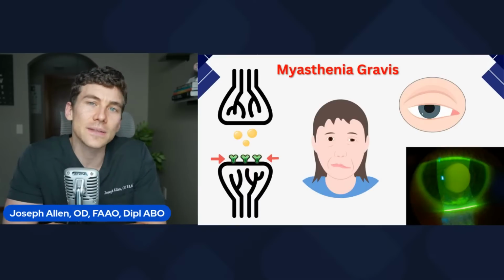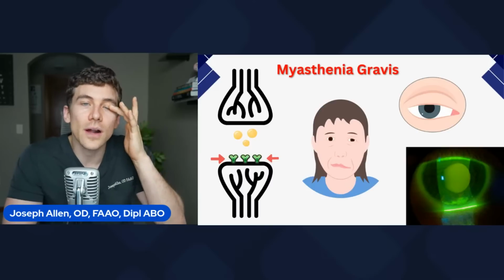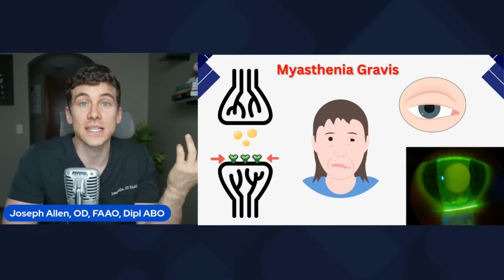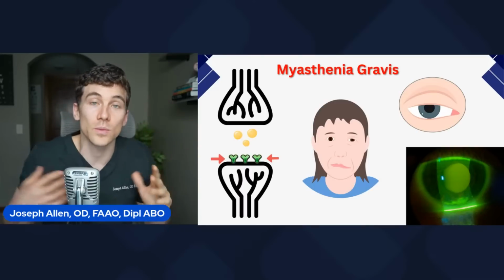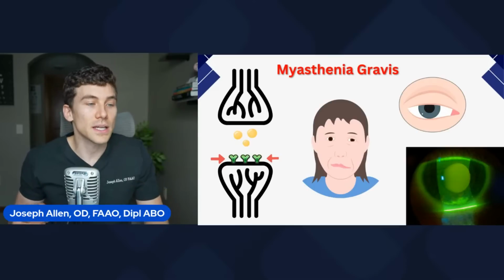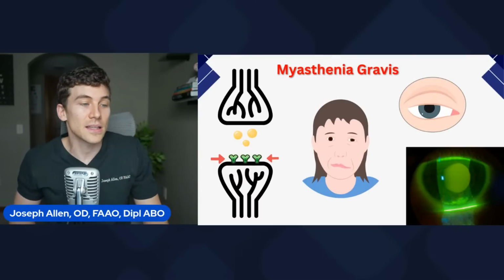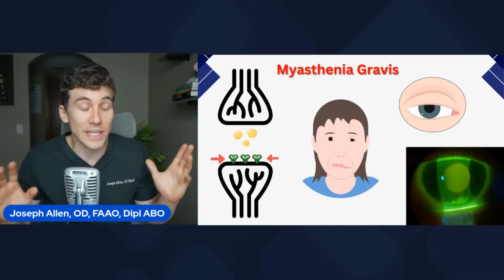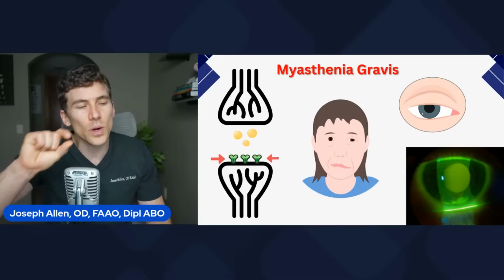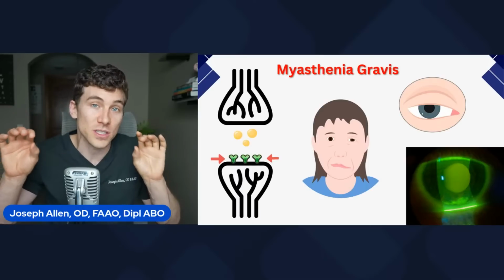This affects the eyes mainly through double vision, as well as an eyelid droop. A lot of patients will have their eyelids getting very droopy and heavy later in the day. And this can not only be a big signal to us that, oh no, we have to check for myasthenia gravis, but this can even have complications like dry eyes, because patients maybe can't close their eyes all the way. They can't control their eye muscle movements. And then they end up with exposure keratitis. And that's what that picture is in the bottom corner with the green looking eye there, where the very bottom third of the cornea is highlighted. That's because that person's eyes are always open just a little bit.